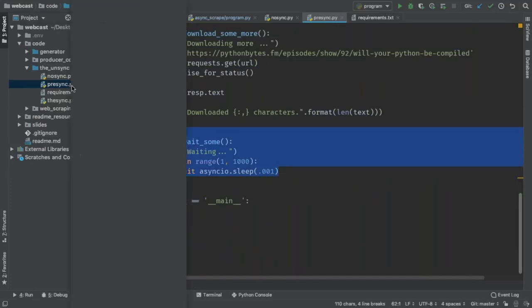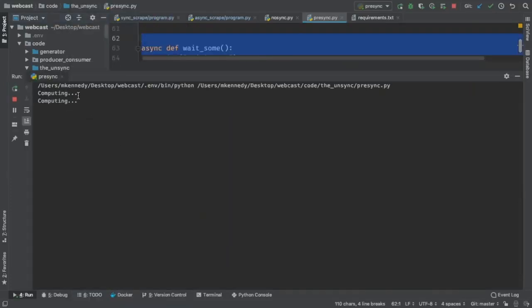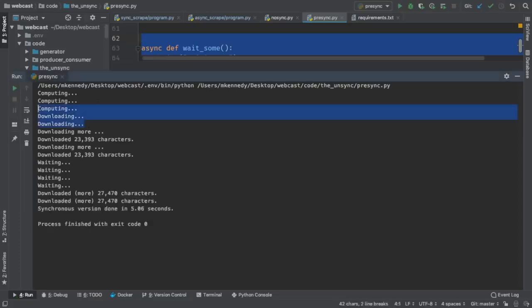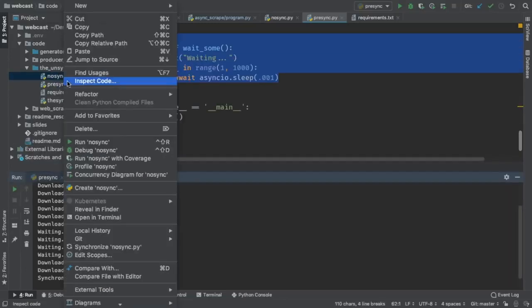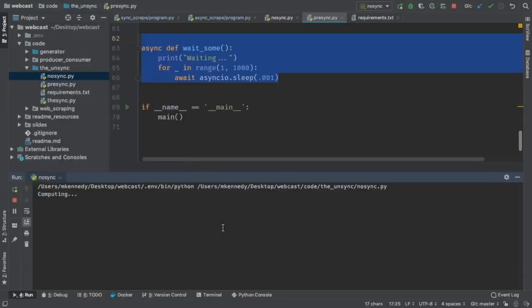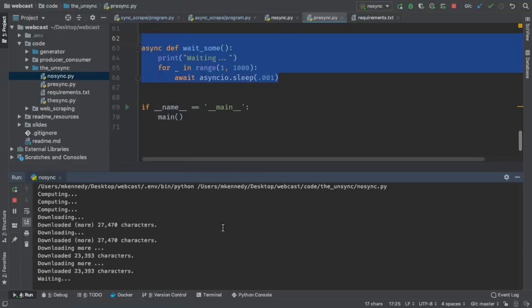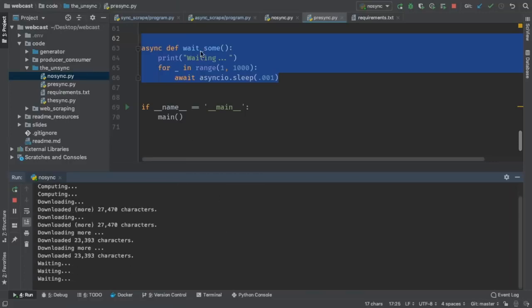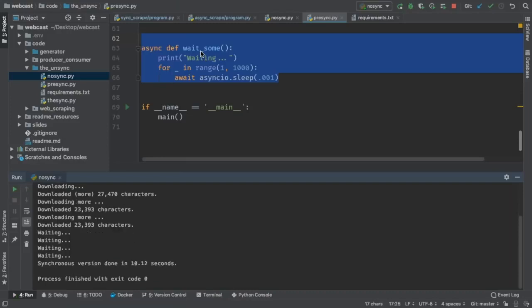So what I'm going to do is run this program, and you'll see some of it's really fast. Computing, just single threaded. Downloading the first one was crappy, but the second two were better. And then waiting was really fast. Okay, so notice we're running this at 5 seconds. If I run the one that's just pure single threaded, it takes something like 9 seconds. It's doing real computational work, and the computational work is about a second, so you can't really get it any faster than that. This one takes 10 seconds. So we did get a big boost from doing it this way, right?